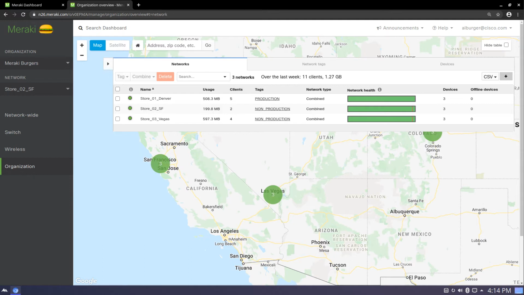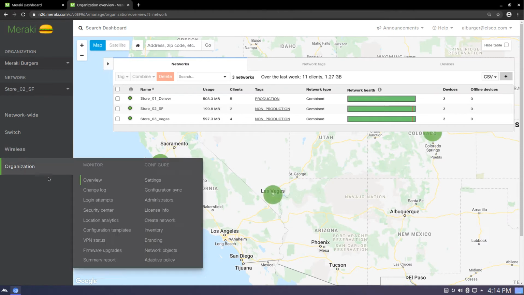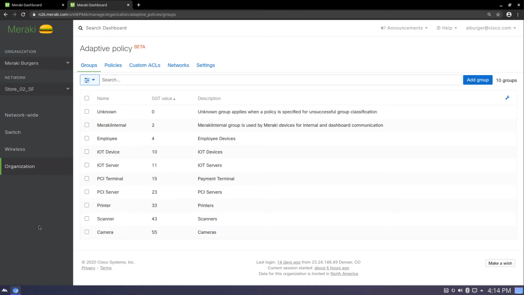In this video, we're going to go over how to configure adaptive policy groups and what they're used for. So first thing we have to do is navigate to Organization and Adaptive Policy. The first menu we're brought to is the Adaptive Policy Groups menu. This is where we create our unique classifications of devices and users that connect to the network that we want to apply policy to. Now, when this is a brand new feature, the only two groups that are configured are